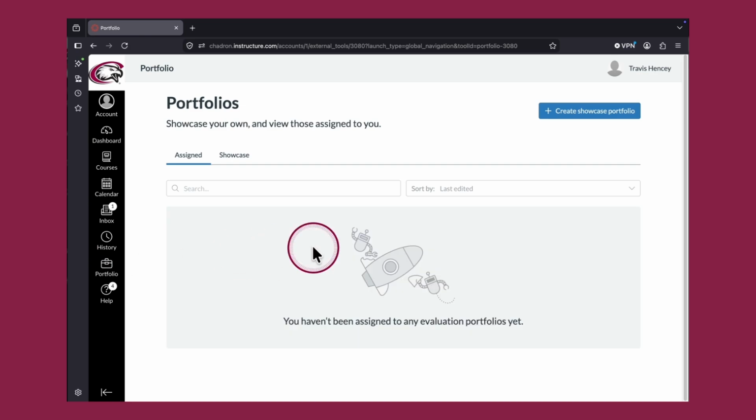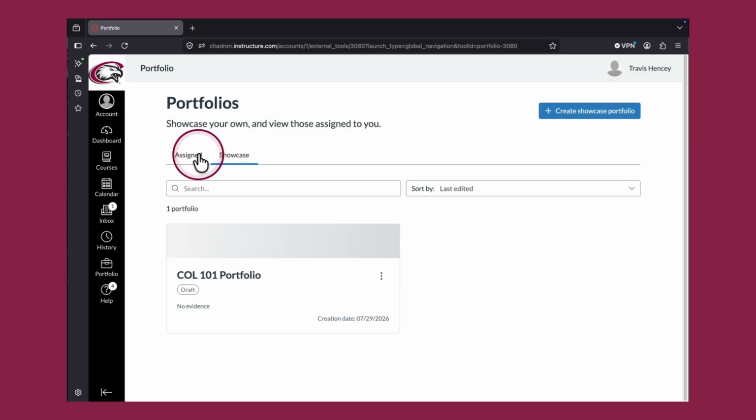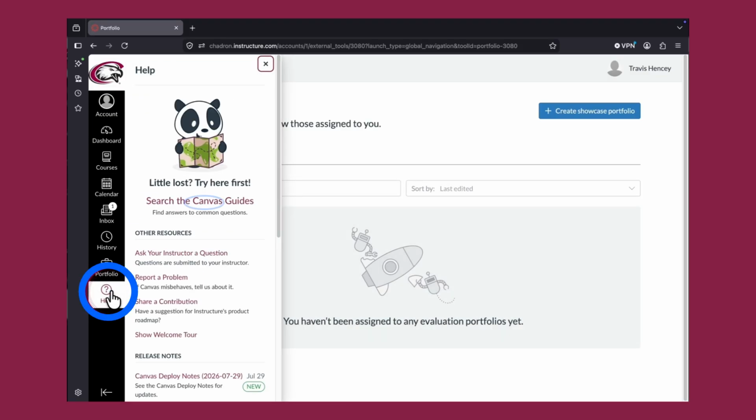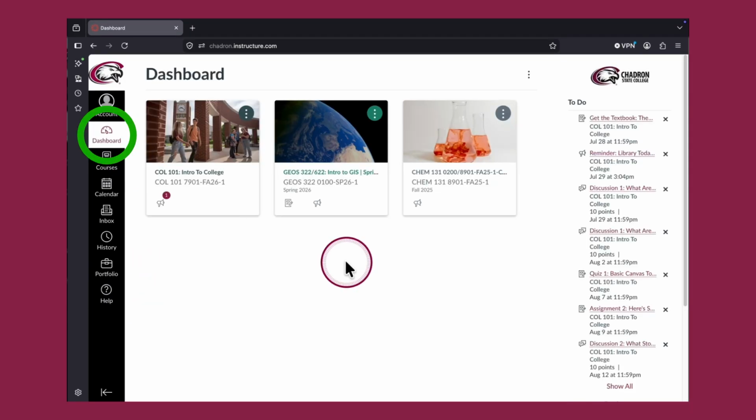It's for certain projects. If you have a class that's requiring you to use Portfolio, there's going to be instructions about that, but that's where it is. And then the last tool on the left is Help. The big thing there is you can search the guides. So if you're needing help on how to use a specific tool, you can probably find the answer there in the guides. So I'm going to jump back to Dashboard now